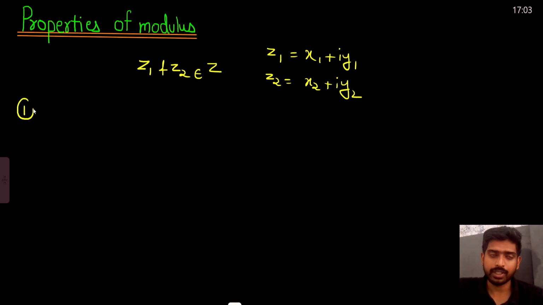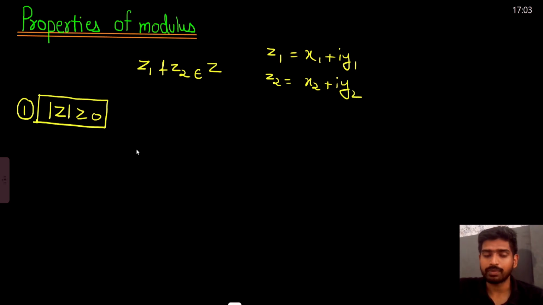The first property of modulus is that the modulus of any complex number is always greater than or equal to 0. The modulus of any complex number is greater than or equal to 0, meaning it's positive. What is the modulus of a complex number z? The modulus of complex number z is under root of x square plus y square. Got it? So the value of this under root can't be negative. So this mod of z will always be positive. Now next,